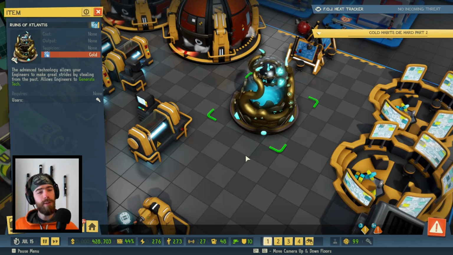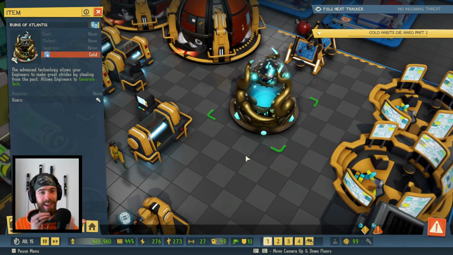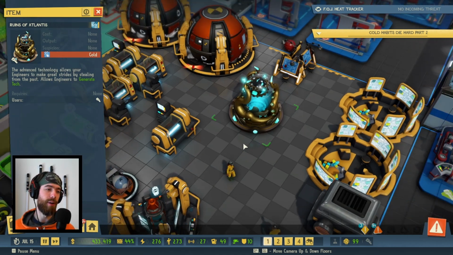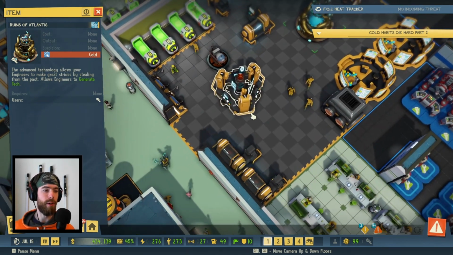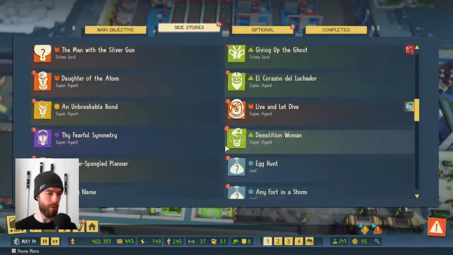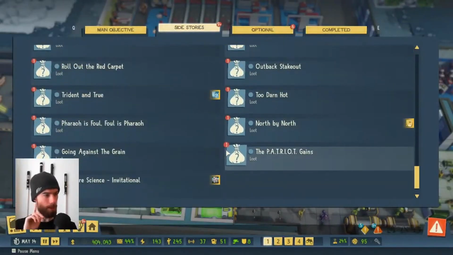I was personally hoping for something just a little more exciting out of the ruins of Atlantis, but it makes sense that they had to bring in a loot item that would synergize with the new engineers, because that is the focus of this whole DLC. And then the final side story in terms of new loot,